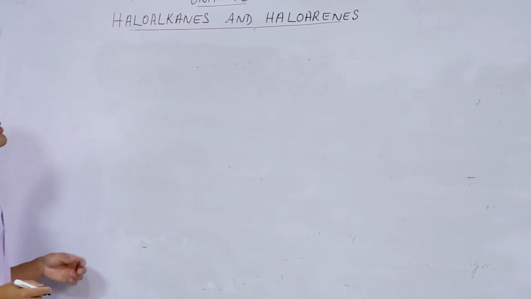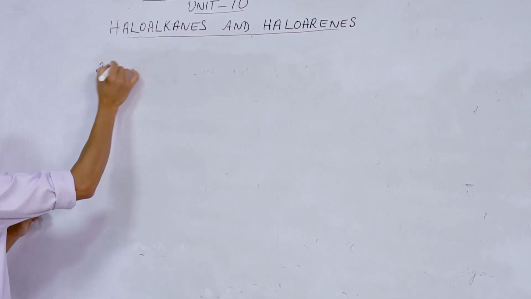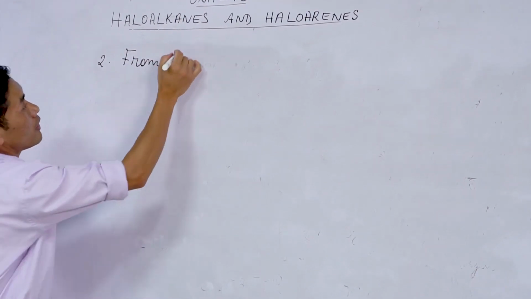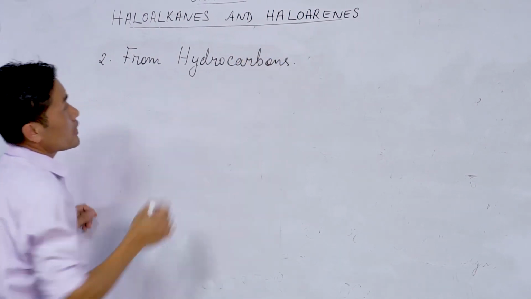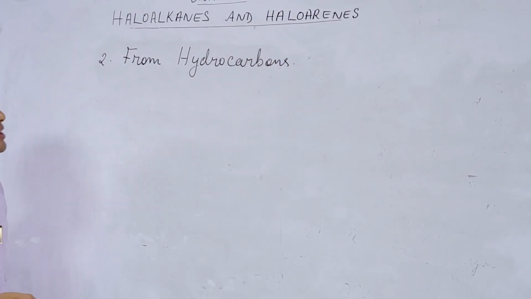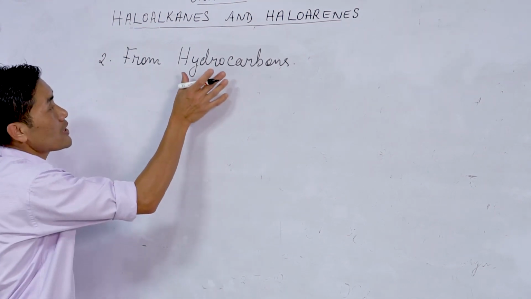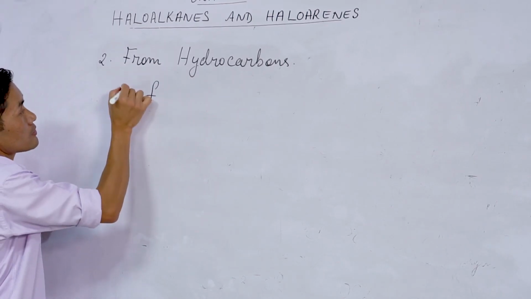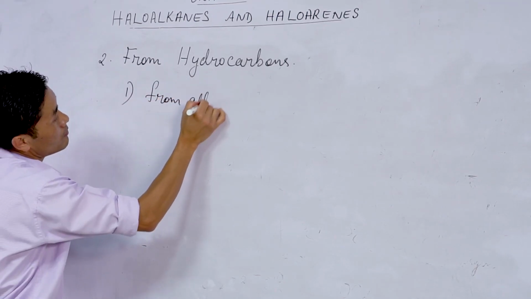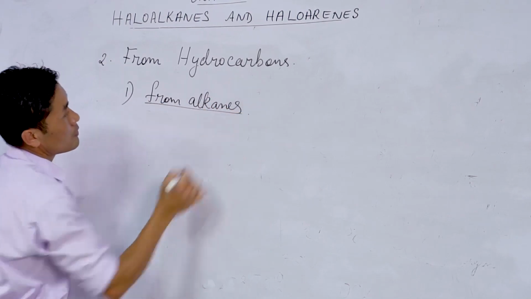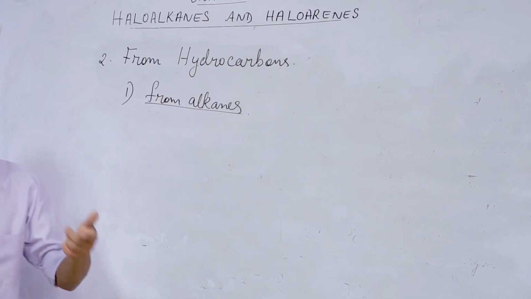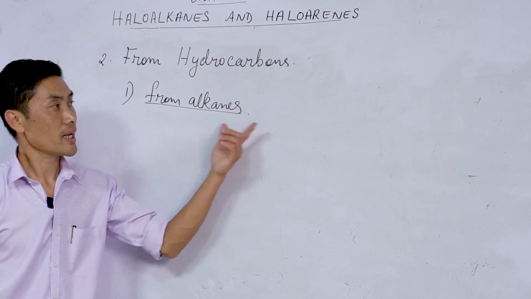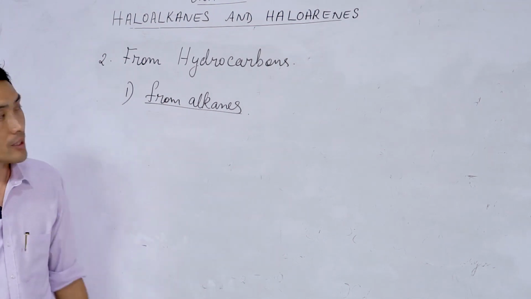The second method for preparation of haloalkanes is from hydrocarbons. Now we can use alkanes as well as alkenes for preparation of these haloalkanes. First, let us see how they can be prepared from alkanes. Alkanes can be easily halogenated in the presence of UV light or in the presence of heat to obtain